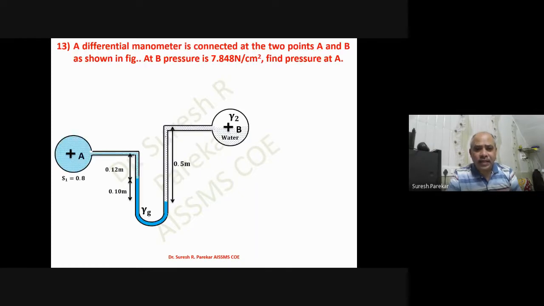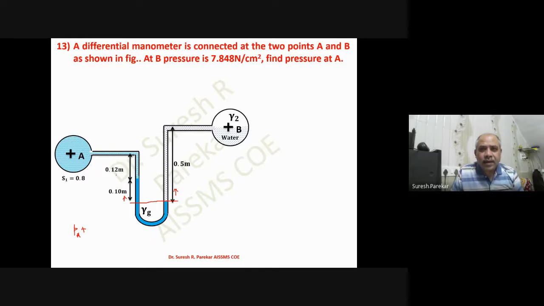Now here we are interested to measure the level difference between the 2 points. It is important that you should be in a position to write the equation. Therefore, I am writing over here Pa plus. Now we have the same level of mercury here, then we have the liquid above this, and then above this. So we will start from Pa plus.